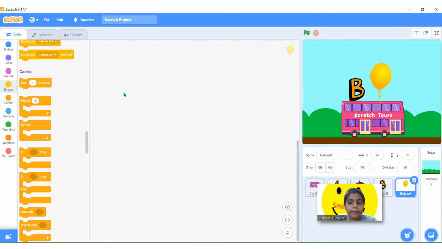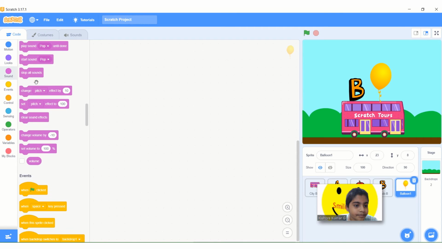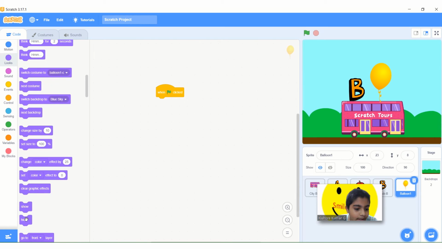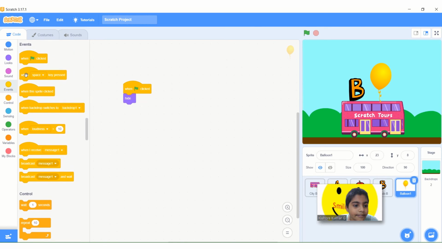Now the code for balloon is go to events. When clicked, go to looks, hide. Now again go to events.